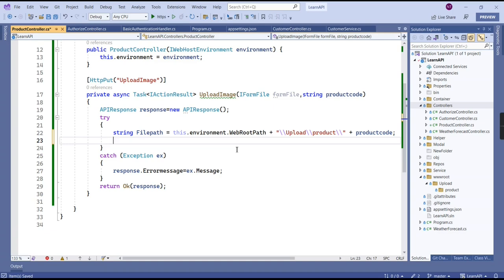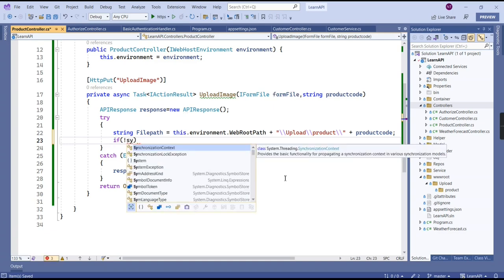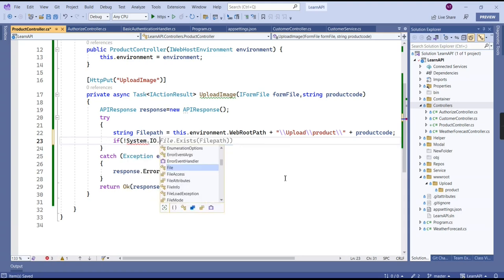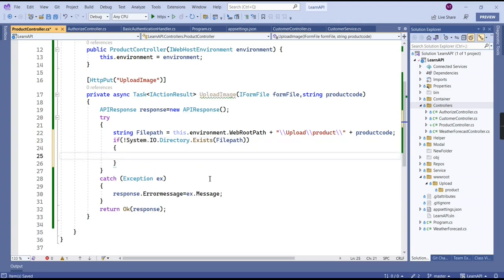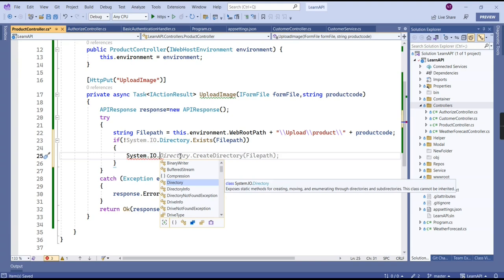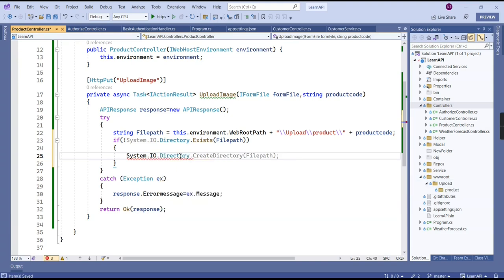If System.IO.Directory does not exist, we have to create it. So Directory.CreateDirectory, and there we have to provide our file path. From the recommendation we got everything. As of now we are checking whether we have this folder structure, and if not, we are creating the folder. Okay, so the next thing is